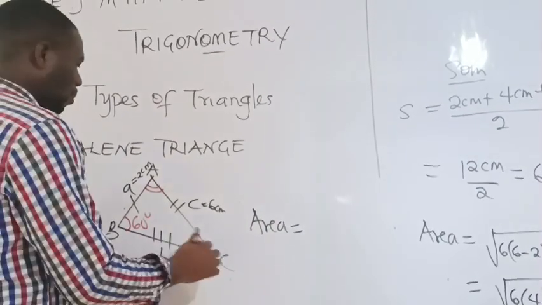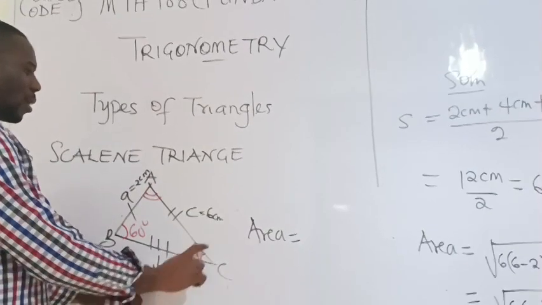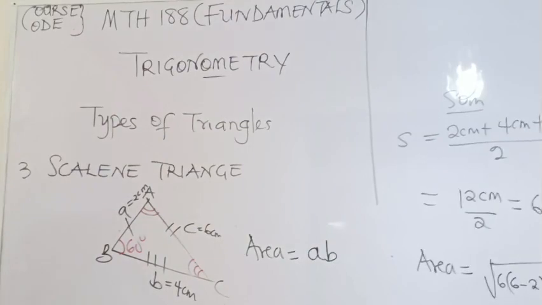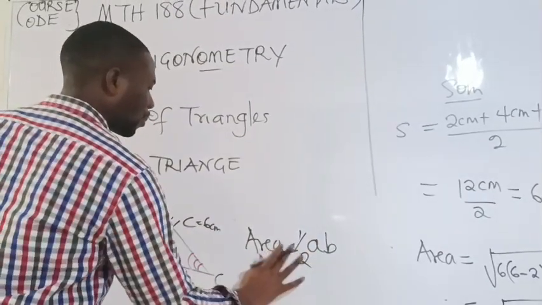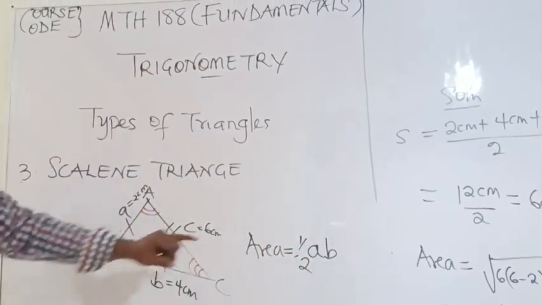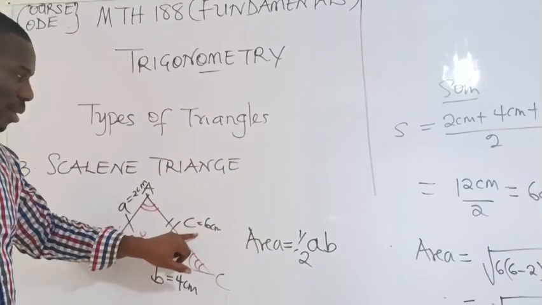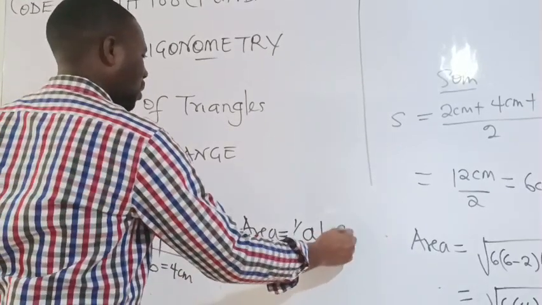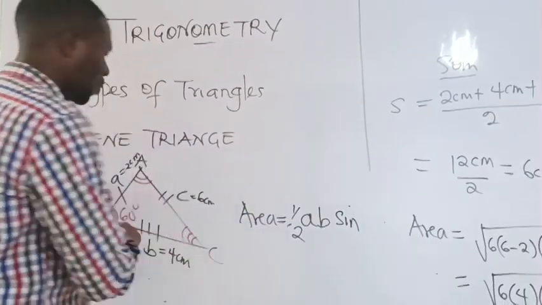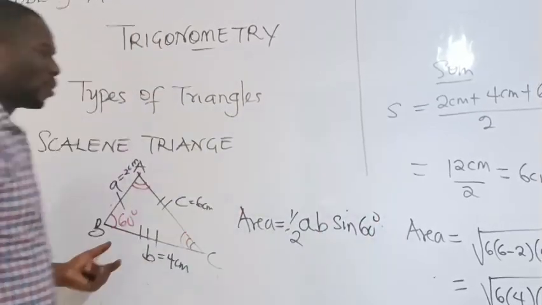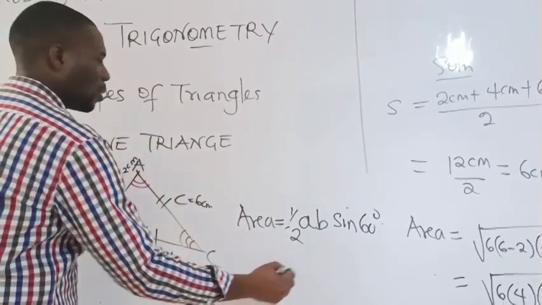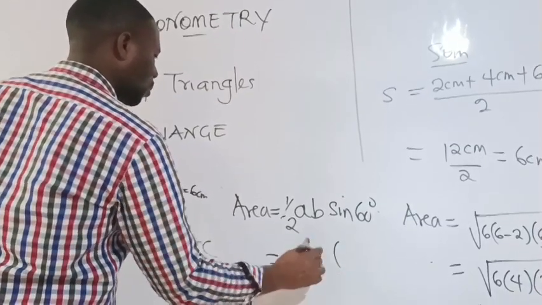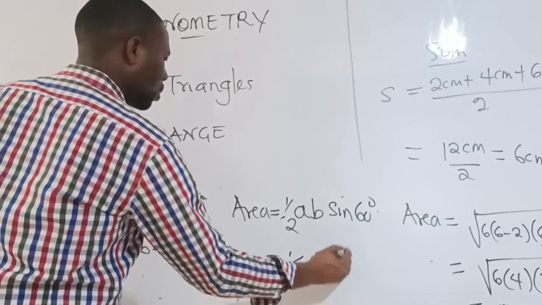this side times this side, so the two sides. These two sides, I'll take them into account, and I'll stick in a half there. So I'll take A times B, I'm not including this side because this is where the angle is facing, A times B, then the sine of the given angle, which is sine 60 in this regard. I know what your A is. It is a half, A is 2, B is 4,